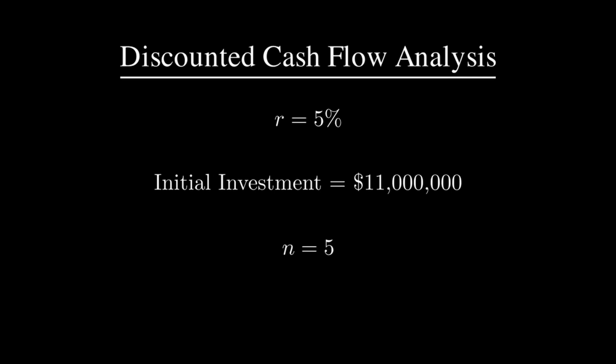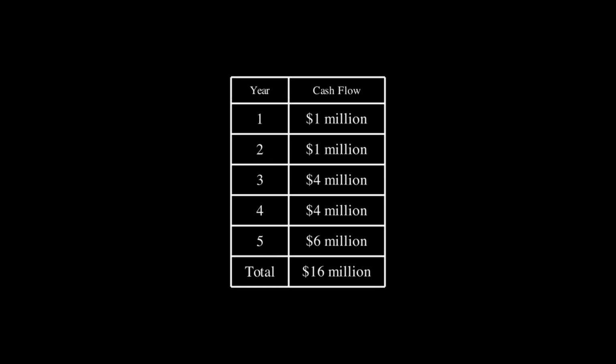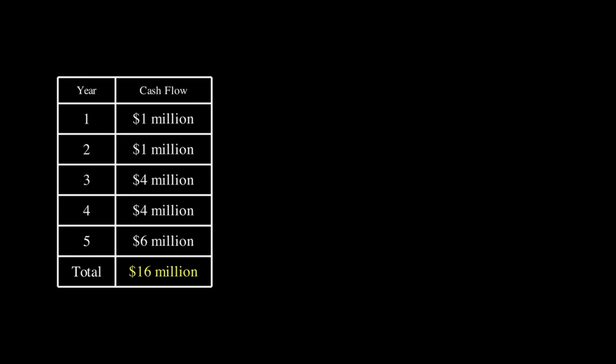In year 1, the project will generate $1 million. In year 2, it'll generate another $1 million. In year 3, it'll generate $4 million. In year 4, it'll generate another $4 million. And in year 5, it'll generate $6 million. So our total cash flow is $16 million, but our discounted cash flow is